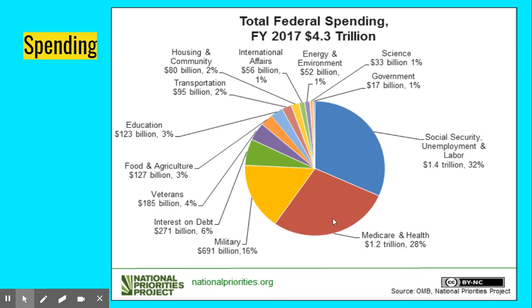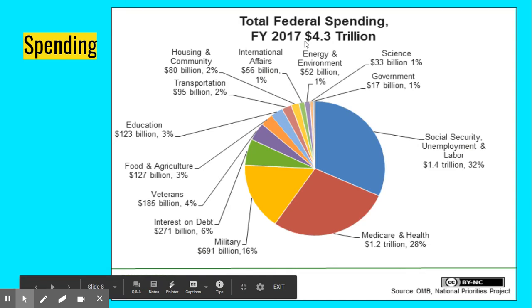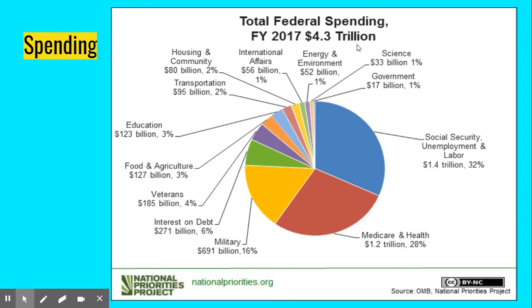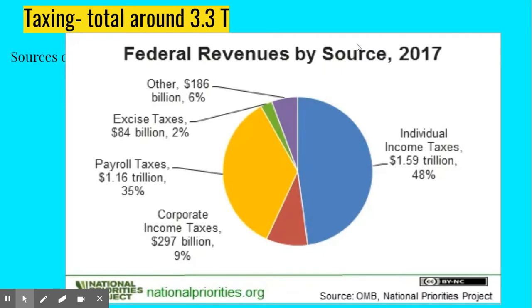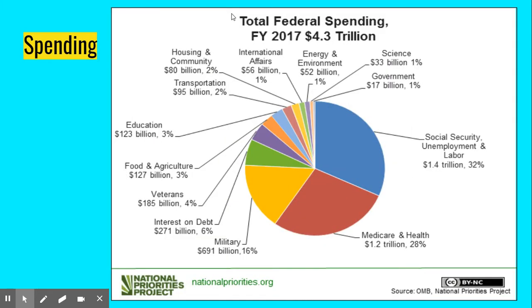In other words, when it's mandatory, those numbers cannot be changed unless another law separate from the budget or the spending bill is passed. Okay, so this is money that they don't have a choice in spending unless Congress passes other legislation to change that. So that's called mandatory spending. And then you can just see the breakdown of the rest of that. So we've got $4.3 trillion spent. The problem with that is, if we go back to this pie chart, this pie is about 3.3 trillion. So we're spending more than we're taking in, right?